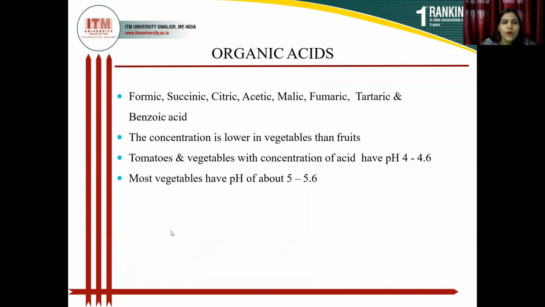Organic acids. So the formic, succinic, citric, acetic, malic, fumaric, tartaric, and benzoic acids are present in different fruits, and the concentration is lower in vegetables than fruits. The acid concentration is lower in vegetables compared to fruits because fruits are acidic in nature, and tomatoes and vegetables with a concentration of acid have a pH of 4 to 4.6, and most vegetables have a pH of about